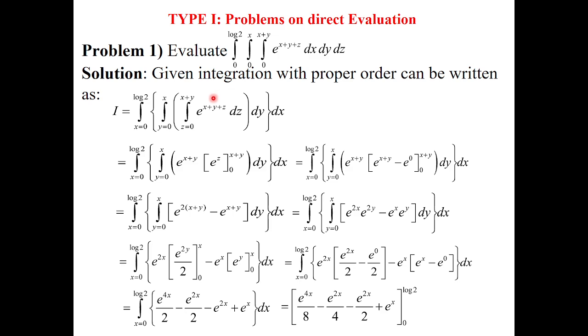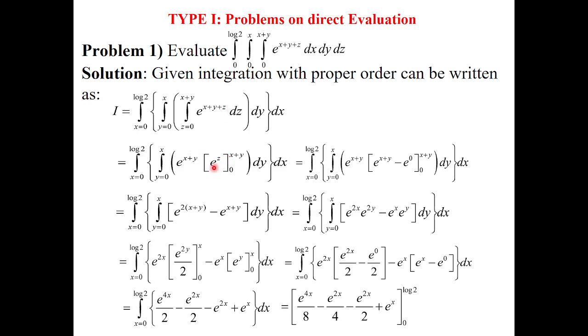सो वाइल इंटीग्रेटिंग जस्ट लाइक डबल इंटीग्रेशन, पहले z के साथ आपने इंटीग्रेट कर लिया. सो e to the power x plus y plus z, it is just like e to the power 2x. What treatment we are giving to 2 as a constant? Same treatment you can give it here to x and y. So e to the power x plus y remains as it is.